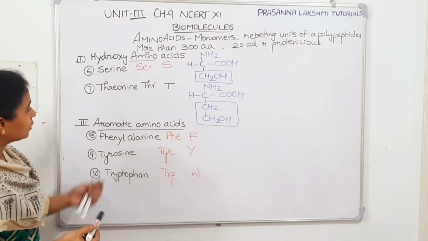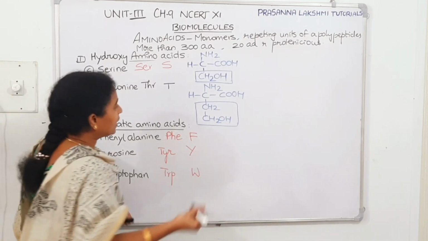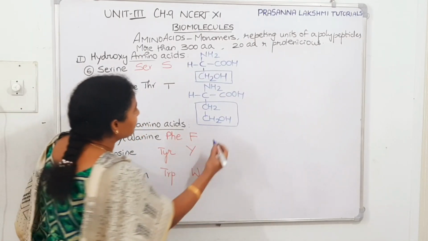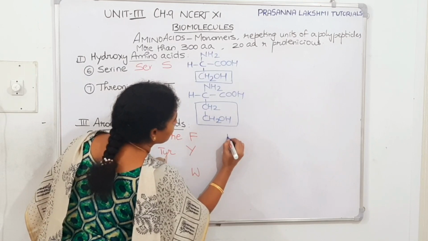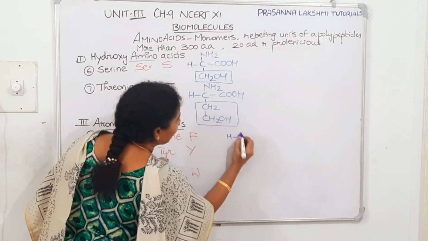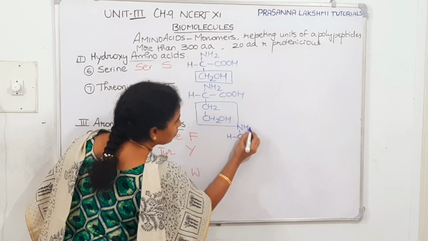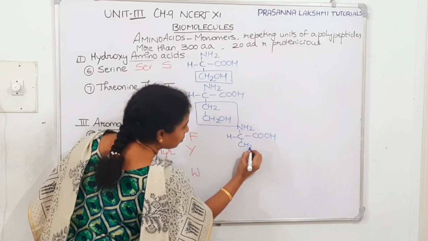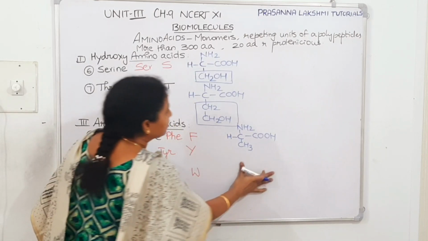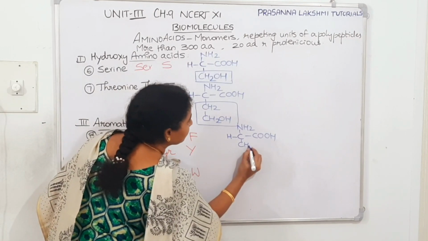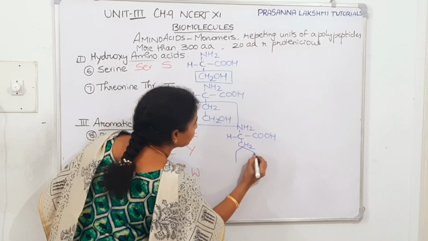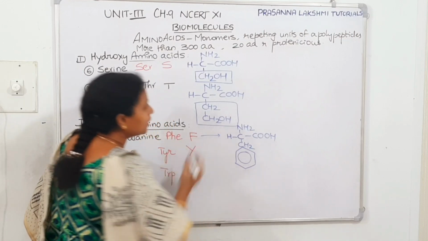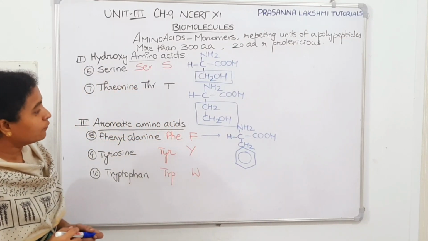Now, I told you first we'll write the alanine structure. To that we'll add the phenyl ring. The alanine structure goes like this. What's the structure of alanine, Amma? So, like we have a hydrogen here. We have an amino group, carboxylic group, and here is CH3. This is alanine. To alanine, I'm just asking to attach a benzene ring. This becomes the structure of phenylalanine.